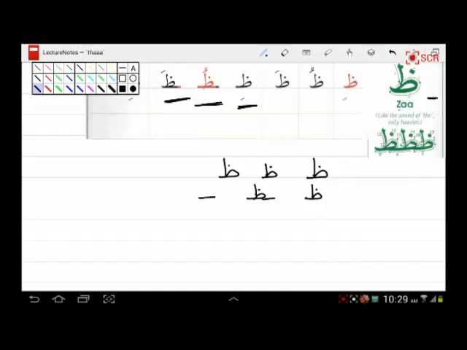and final. Cool. Trying to stick to the line. Just stick to your line, and then you will have the shape very good. But just try to stick to the line. Here